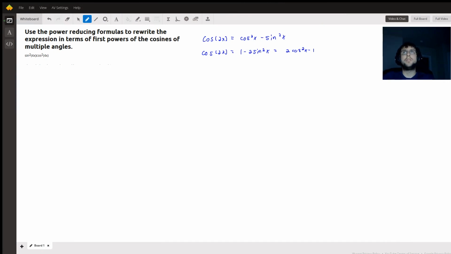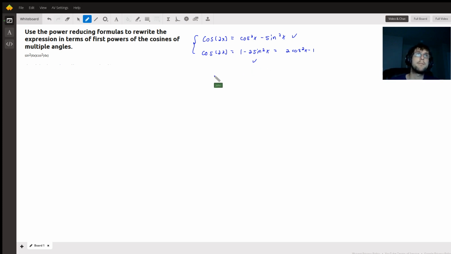All right, so we're trying to use the power reducing formulas to rewrite the expression in terms of first powers of cosines of multiple angles. The first thing I did was write out the double angle formula for cosine of 2x. There are three different ways of writing that: cosine squared minus sine squared, or using cosine squared plus sine squared is equal to 1, you can substitute and then get 1 minus 2 sine squared x, or 2 cosine squared